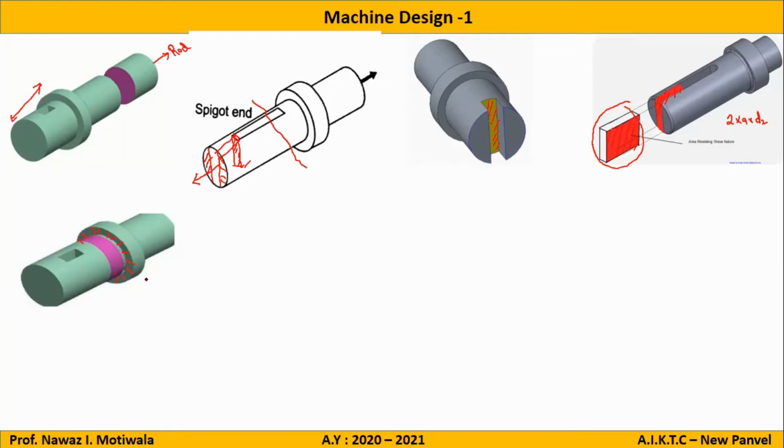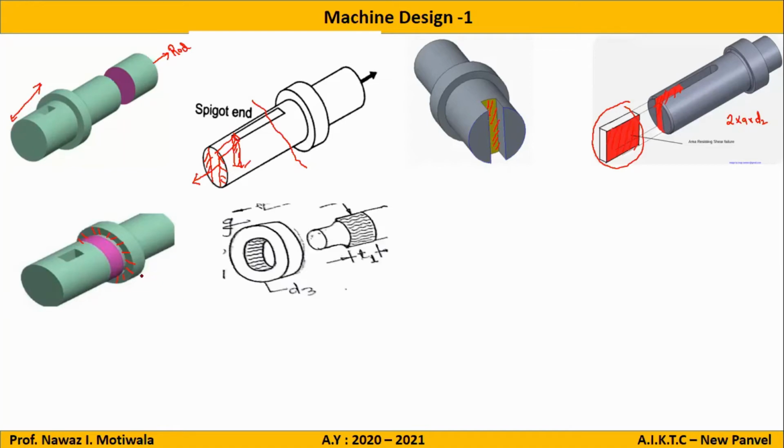So this will account for crushing, and then for shear, we know that this particular ring which we are seeing here will come out, sliding on this particular element. So you can see this is the sliding part. This will come out, and the area of shearing will be this circumference, that is pi into d, multiplied by this thickness. So that is the area we will take into account for shear.